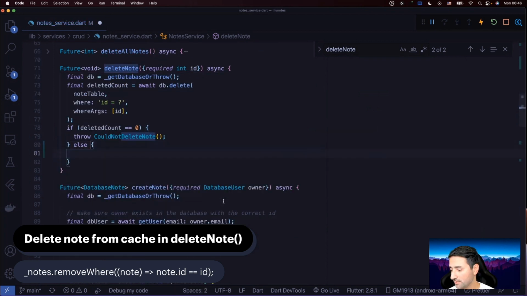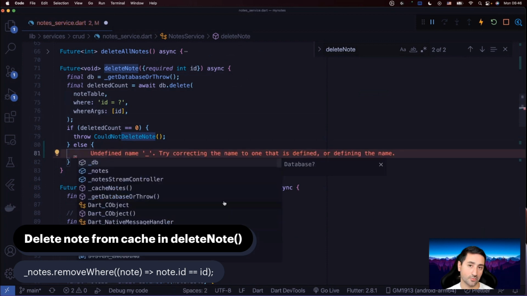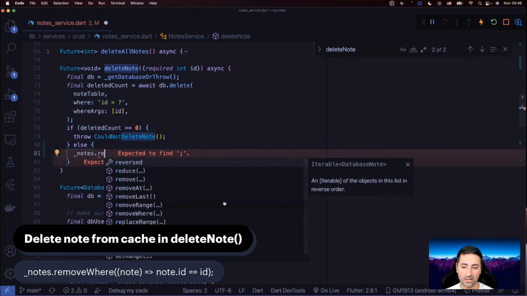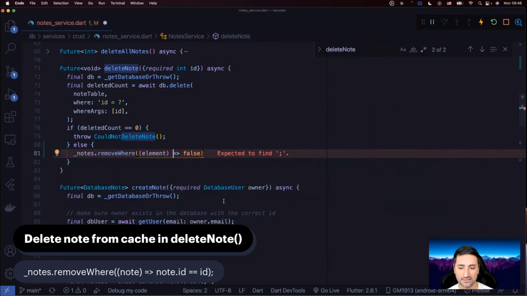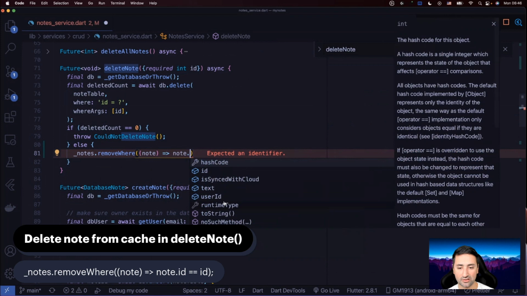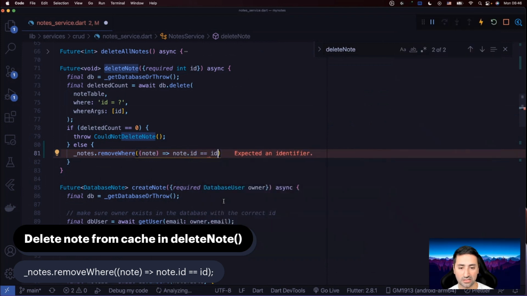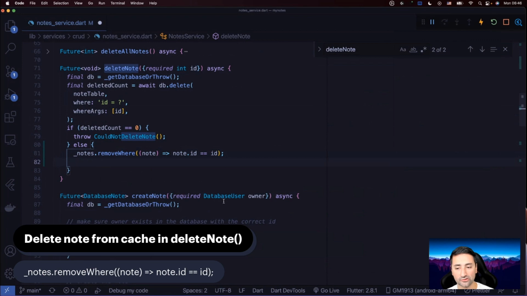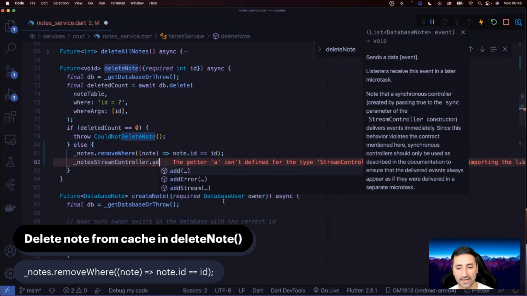And by us being able to delete that node, meaning that you can see the node ID we have, which is this ID, what we need to do, as the caption indicates, is remove that node also from our local cache. So we're going to say nodes remove where, and this is the node, and then I'm going to say node.id should be equal to that ID. And after doing that, we could just say node stream controller add